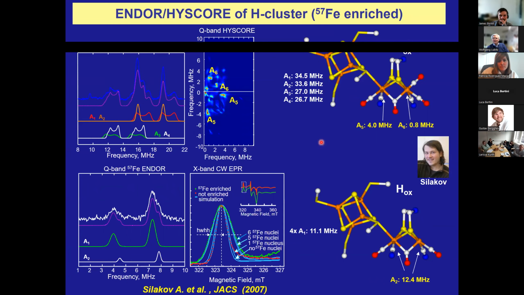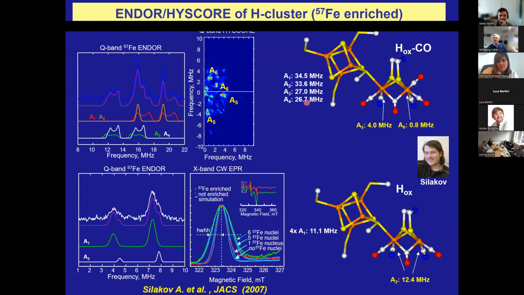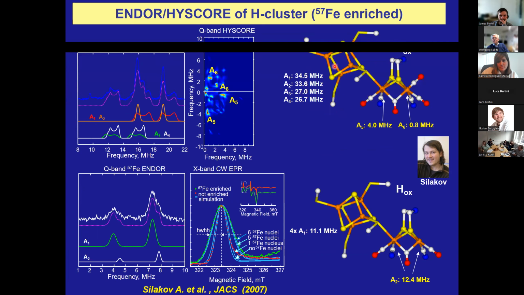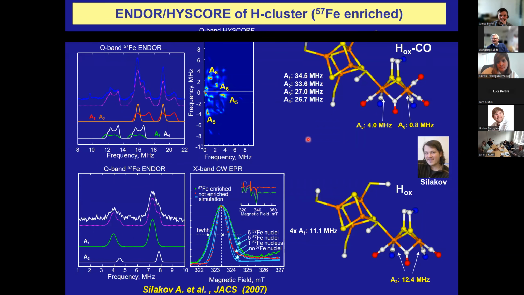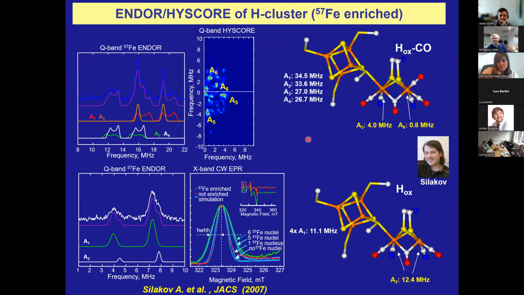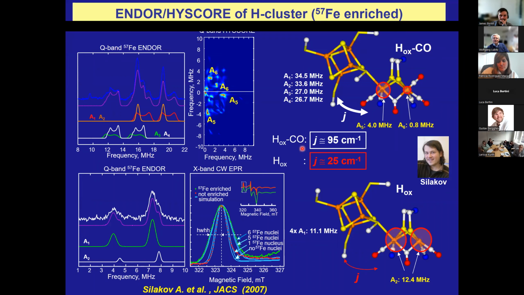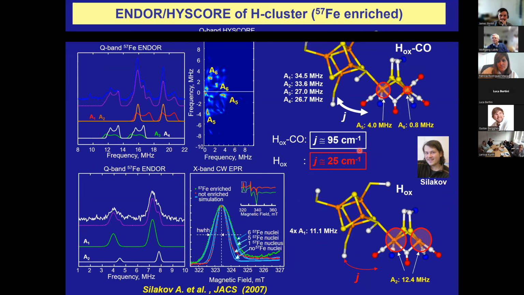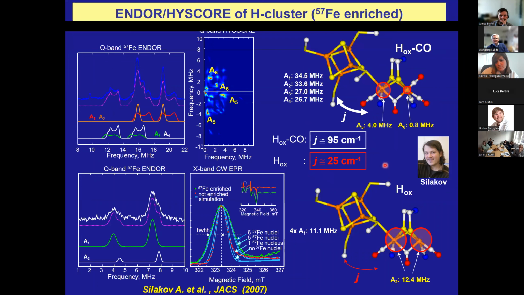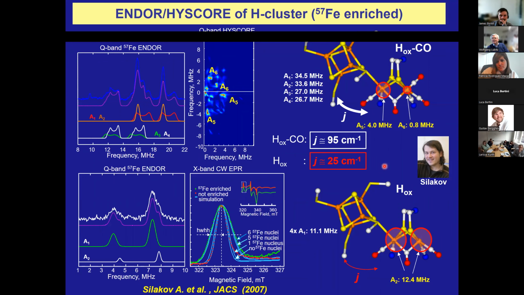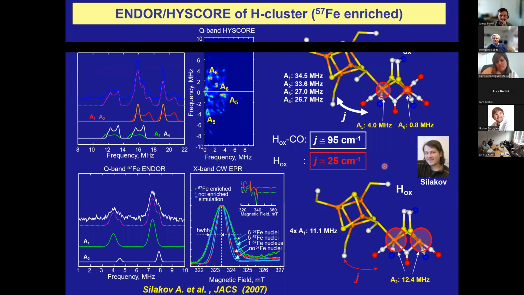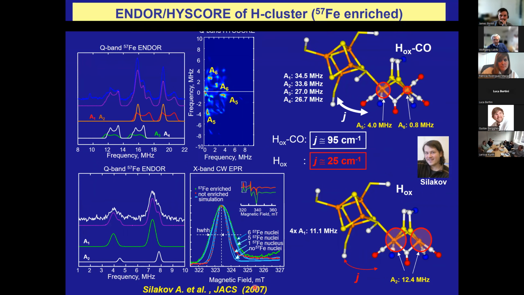I also want to mention that Alexei Zilakov measured, in the iron-57 enriched system, both H-oxCO and H-ox, all six iron-57 hyperfine couplings. That was then the basis for understanding the J coupling, together with Mössbauer spectroscopy and the electronic structure of this coupling of this cluster. Very important for understanding the system that is already published